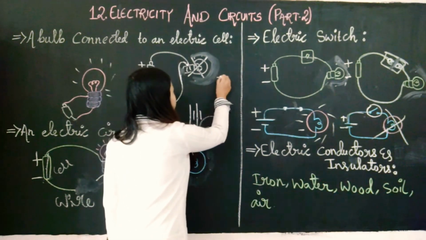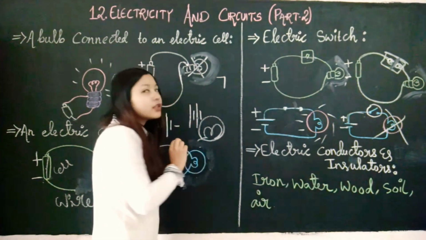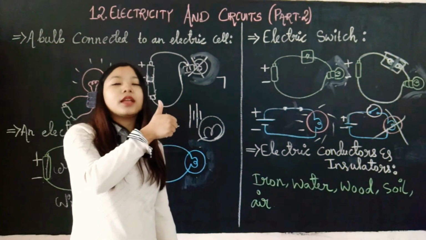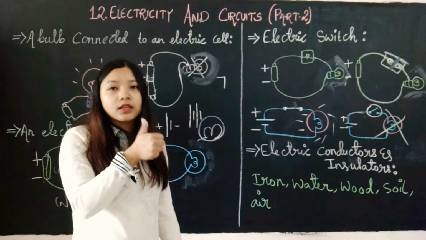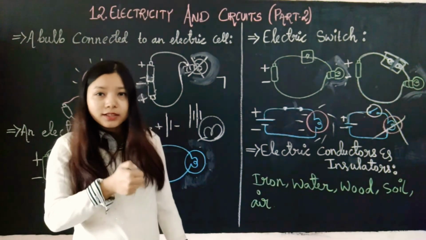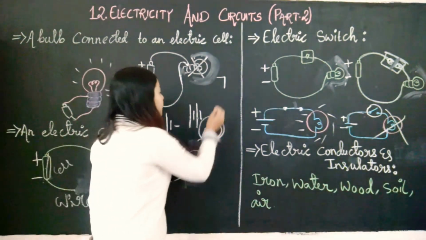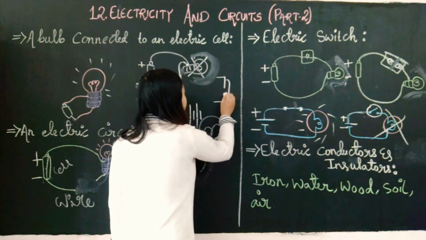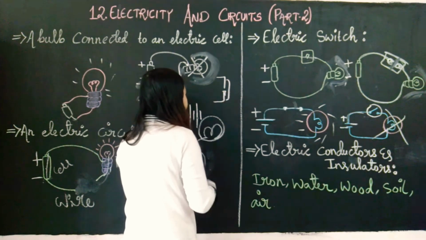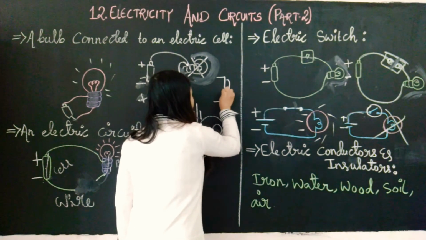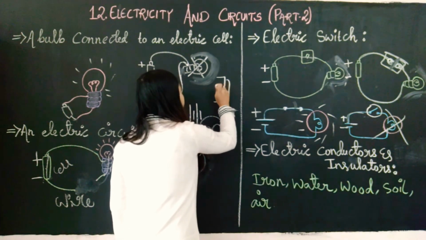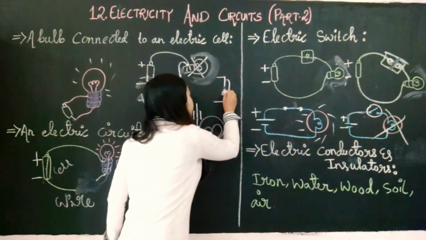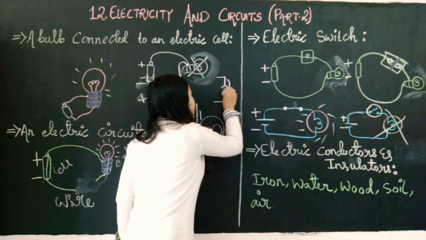You see here, electric switch usually for a torch light we slide it up. When we slide it up, then the torch glows, the bulb glows. When we slide it down, it stops glowing. So what happened here is, this is our switch. Okay, it has one, you see, let's say this is one point. When we switch it on or slide it up, this will go and get attached to this one.